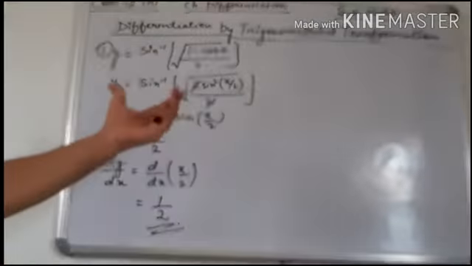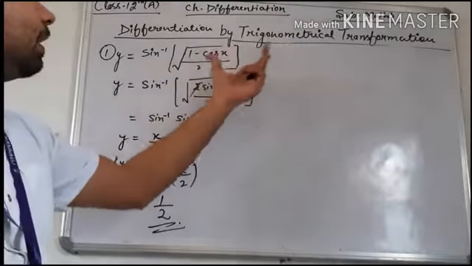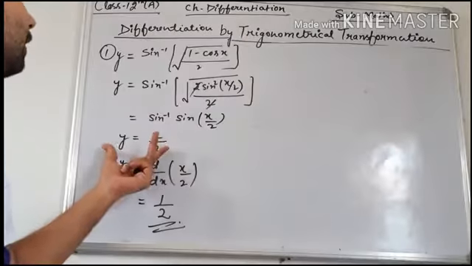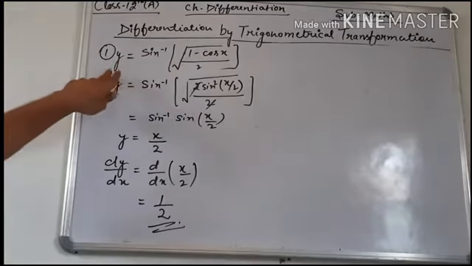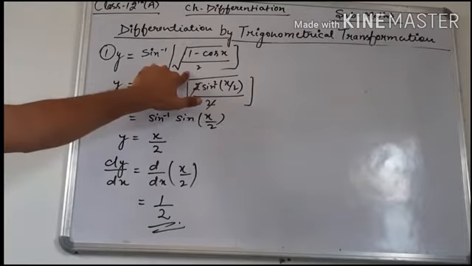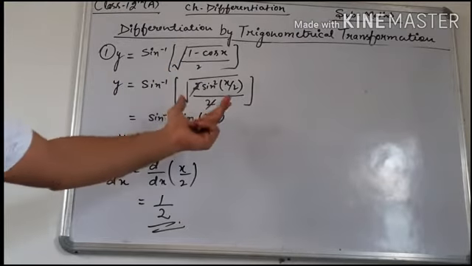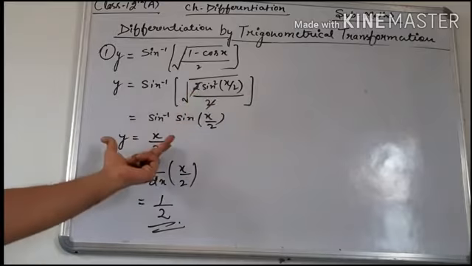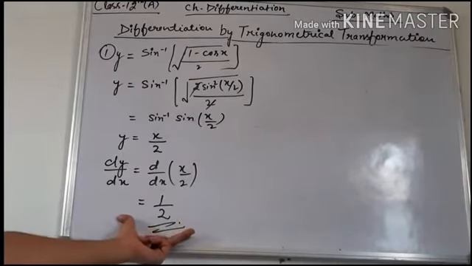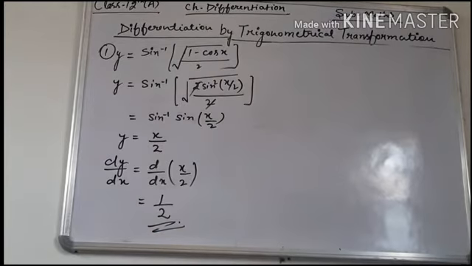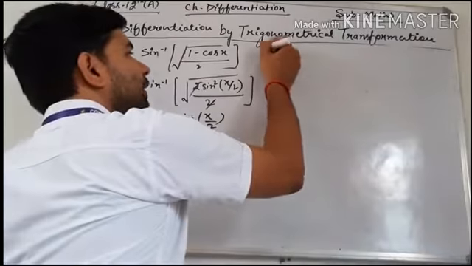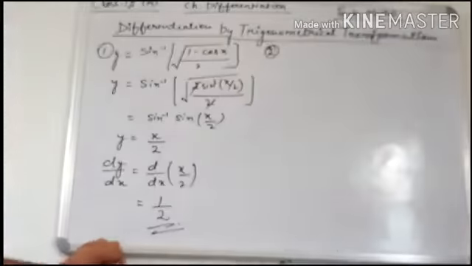So, as you see, by using some trigonometrical transformation, how easy the function becomes. The given function, on seeing, seems very tough, but when we use a transformation, it becomes very simple, and we can differentiate this function very easily. In a similar way, let us see another example.